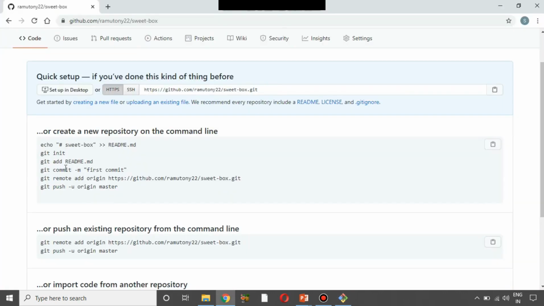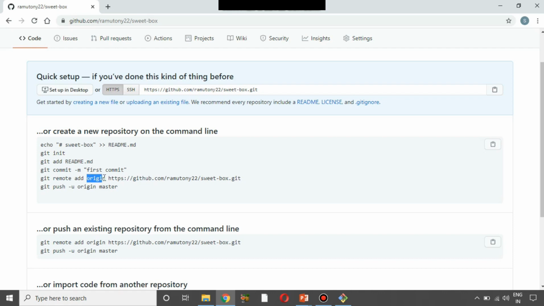The next step is to add the remote origin. What is this? git remote add, followed by origin and our git repository URL, right? This is the repository URL which was generated for us whenever we created a repository. That's fine, but what is this git remote add origin? As I said earlier, whenever you want to communicate with the repository, once you have made any kind of clone, you need to use a name called origin, and I said that origin is the default name which is provided to us whenever we clone any kind of project. And this is what that is.